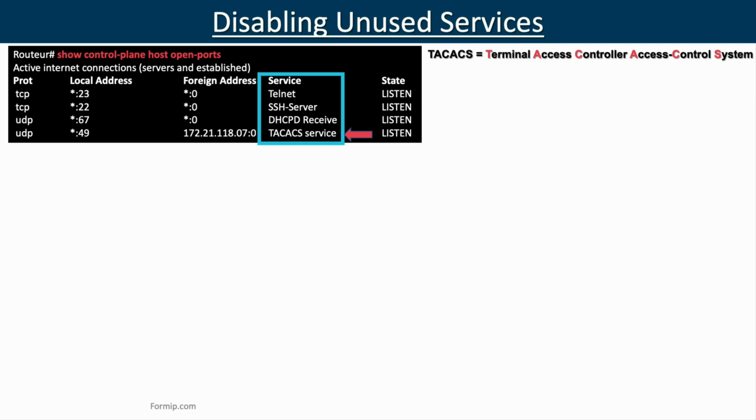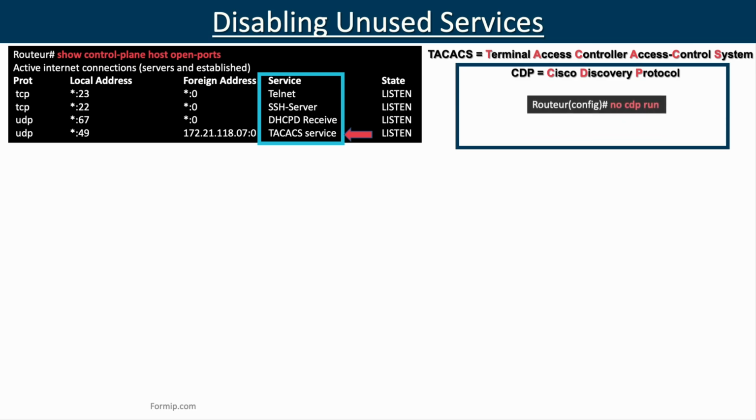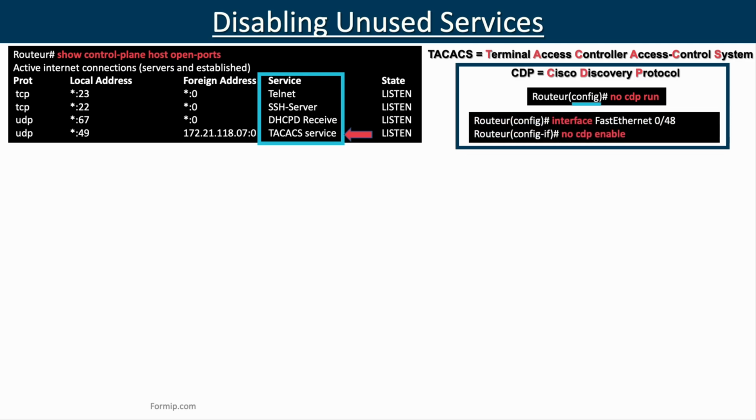A second practice would be to disable the CDP on interfaces that could represent a risk. For example, on those that are connected directly to the internet. The command no cdp run allows you to disable CDP on all interfaces of the device. That is to say, in general. By the way, we can see that this command is run in global configuration mode. And if you want to disable CDP only on an interface, you have to connect to it and enter the